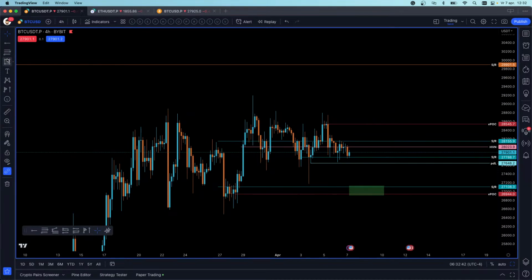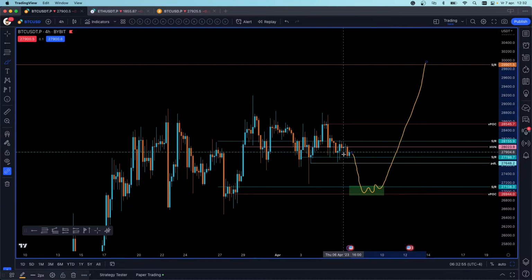And I would like, if possible, that it trades back into this level. And then I look for the setup here. So break higher, comes back, that one. But I'm prepared for any